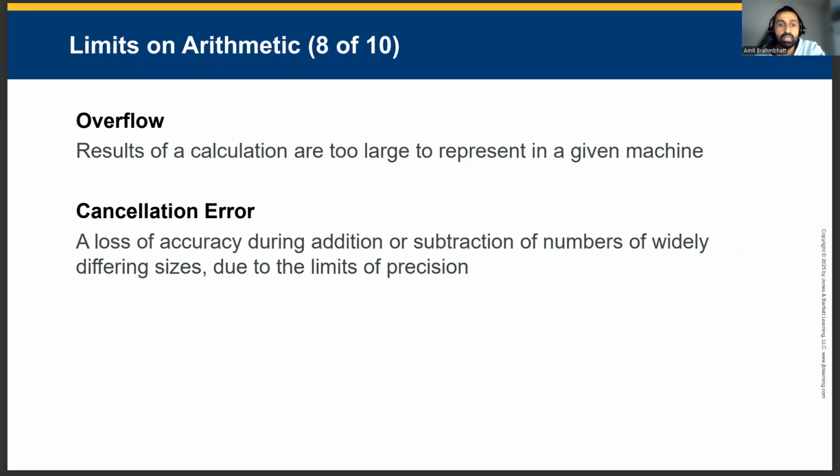Cancellation error, on the other hand, arises when subtracting two numbers that are extremely close in value. Because many of their leading digits cancel out, only the smallest and potentially least accurate digits remain. This loss of meaningful precision can distort results, especially in scientific or financial computations, where tiny differences matter. These errors aren't due to bugs, they stem from the fundamental mathematical constraints of floating point representation. Recognizing when cancellation and overflow may occur allows us to restructure calculations or use higher precision data types.